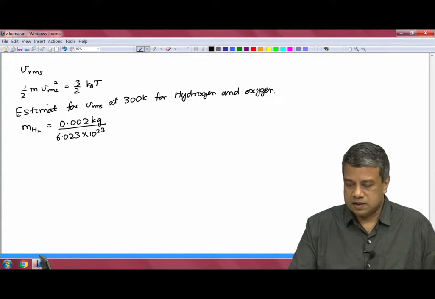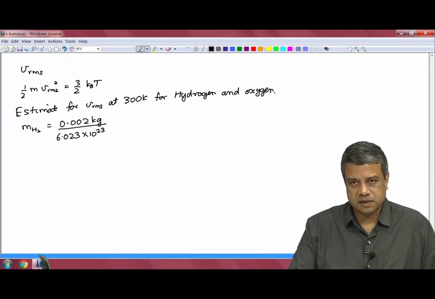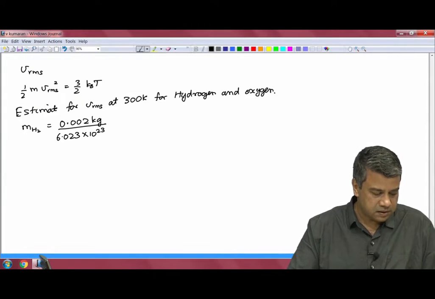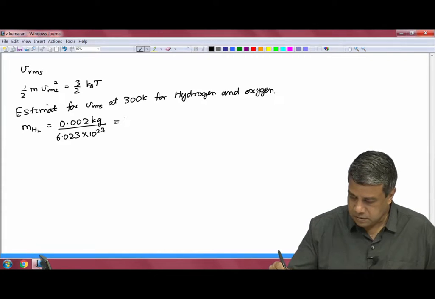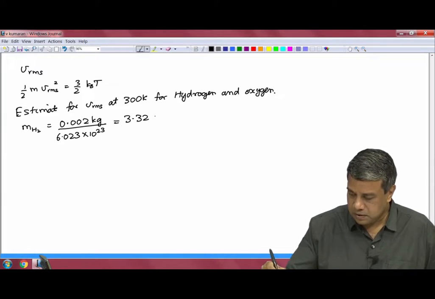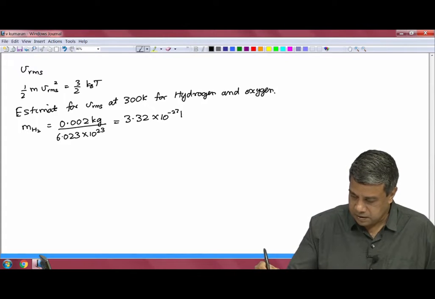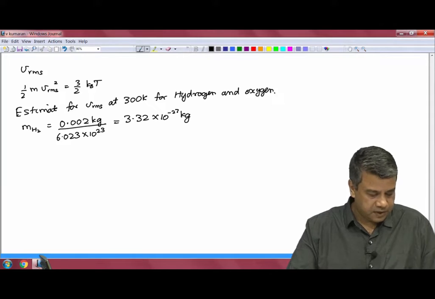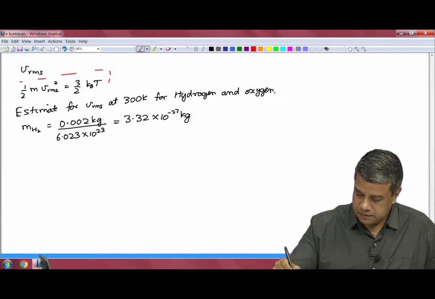A kilomole contains 6.023 into 10 power 26 molecules and is equal to 2 kilograms. So you get the same mass of the molecule in either calculation. You can divide this and you will get 3.32 into 10 power minus 27 kg. That is the mass of one molecule. From this,